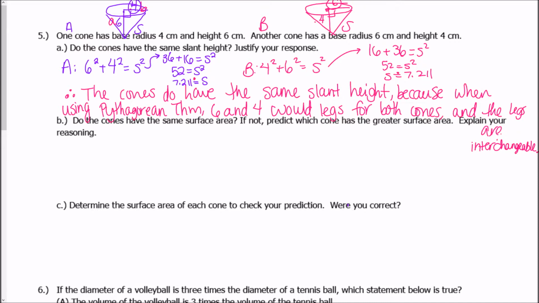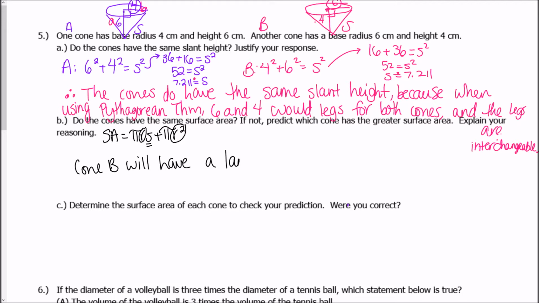Okay, so now that we figured out what S is approximately for both of these, part B says, do the cones have the same surface area? If not, predict which cone has the greater surface area and explain your reasoning. Well, the formula for the surface area of a cone is pi rs plus pi r squared. If you notice, both cones have the same slant height, but cone A has a radius of 4, while cone B has a radius of 6, which means that the radii that we're going to plug in here are going to give us larger values. So I can predict that cone B will have